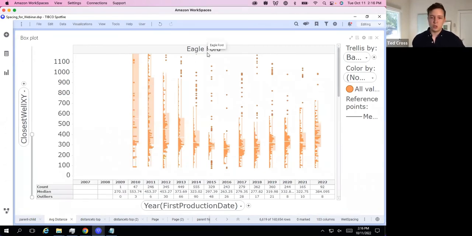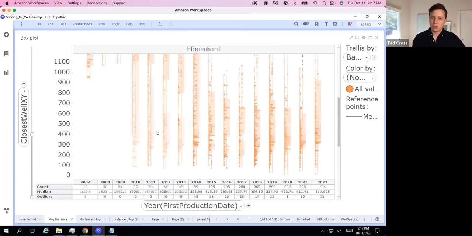This is just EOG wells, and the interesting trend is that as they get through 2010, 11, 12, 16, they're bringing the wells tighter and tighter together. Then they back it off a little bit from 2017 forward. Some of those wells are still developed pretty tightly, but the wells in general are spaced more widely than they were at the tightest peak in 2016.